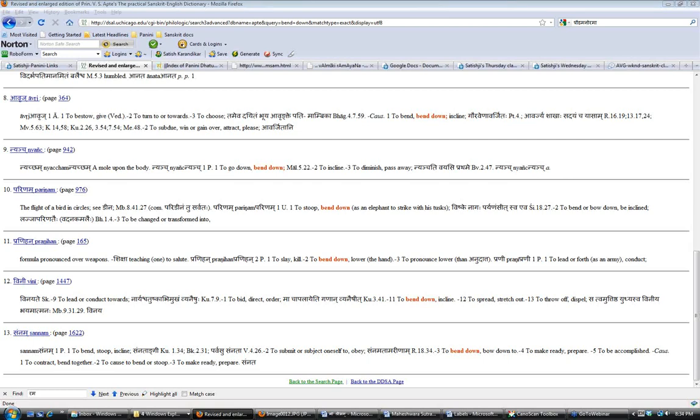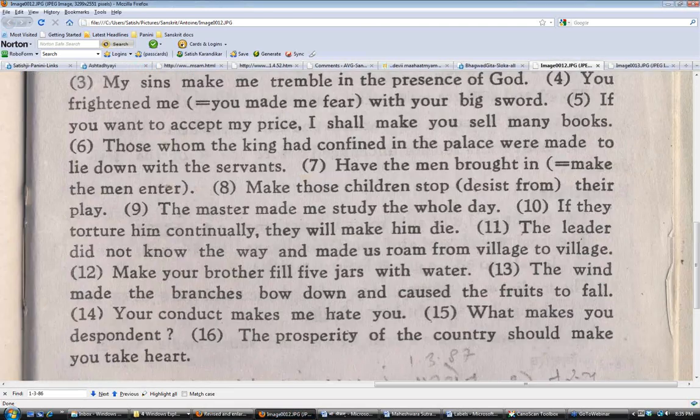Satishji? Yes. I just searched on Google and there was one Subhashita I came across. They have said, Namanti Phalino Vriksha, Namanti Gunino Janaha. So I think nam should also probably work with just bending. Yes, the trees which have fruits hanging, they bend. So I think bend is clear, but avanama will be even more clear. Okay, Indu, back to you.